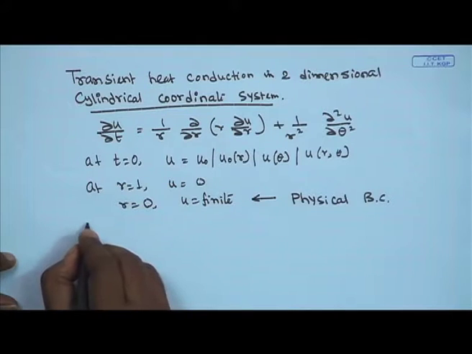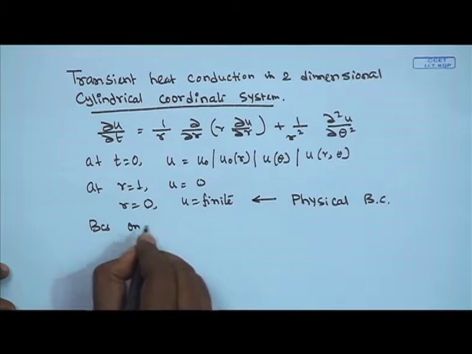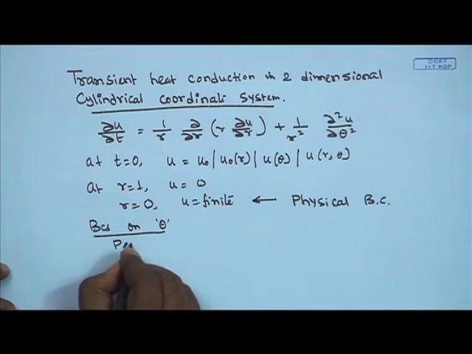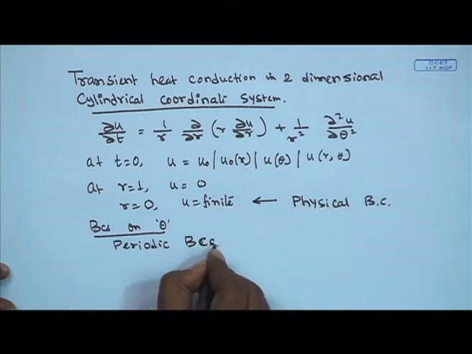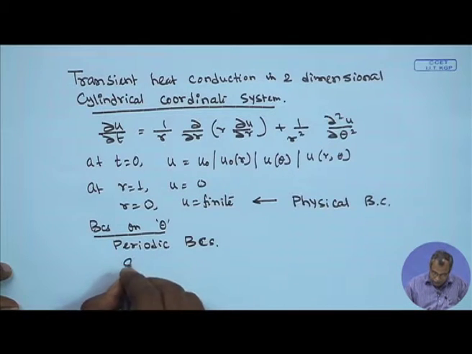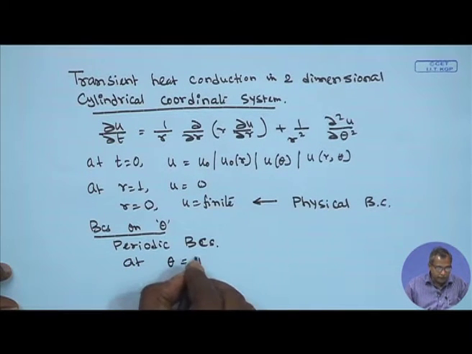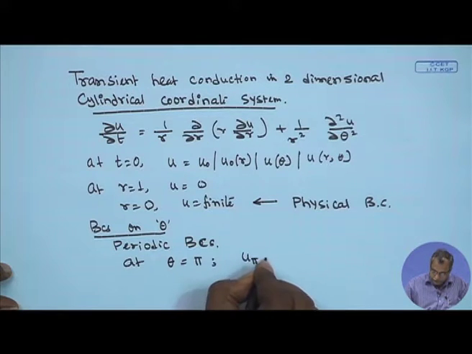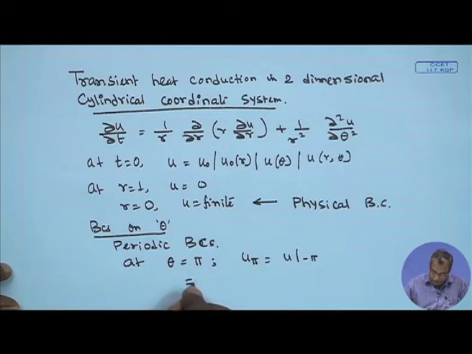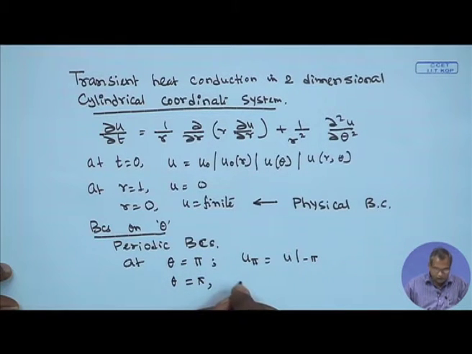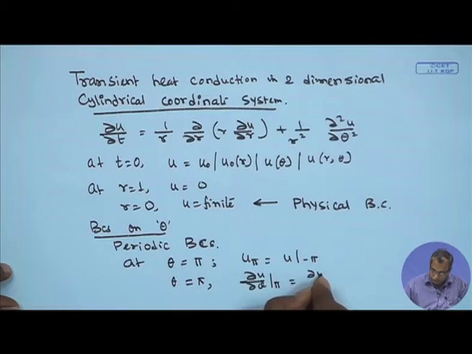Now, let us define the boundary conditions on theta, and these are known as the periodic boundary conditions. Again, they will be coming from the physics of the problem. At theta equal to pi, u at pi is equal to u at minus pi, and at theta equal to pi, del u del theta evaluated at pi should be equal to del u del theta evaluated at minus pi,